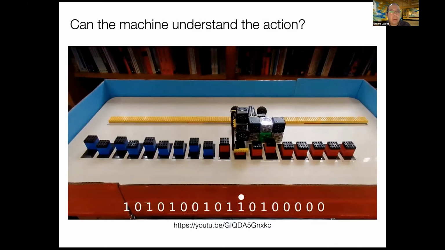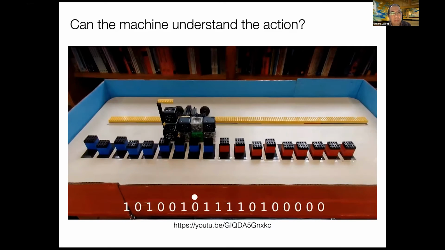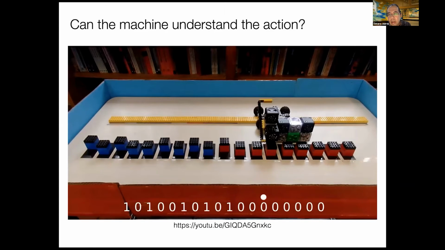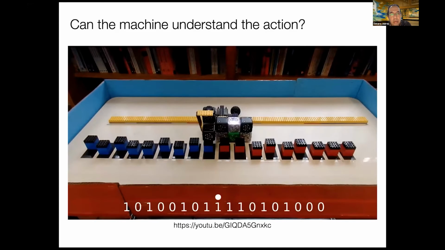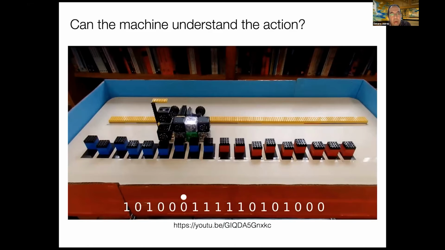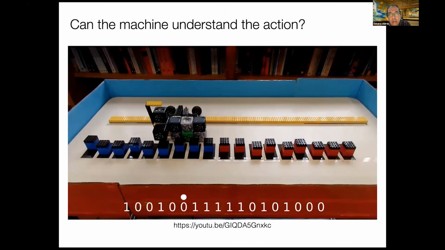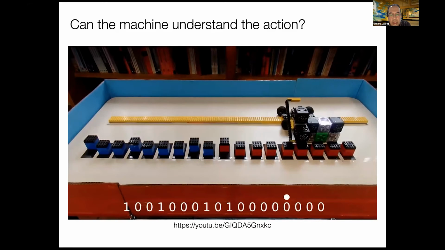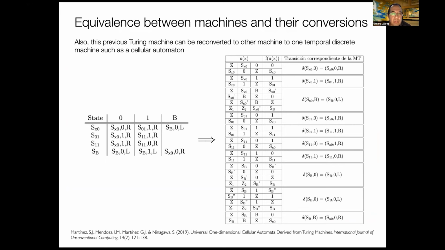So consequently, we have a question here. Particularly, this machine is able to understand the action because this robot simulates a Universal Turing Machine. However, of course, the robot cannot understand in essence the concept of universality. It only performs a task. Okay,